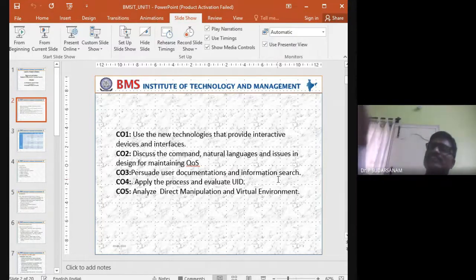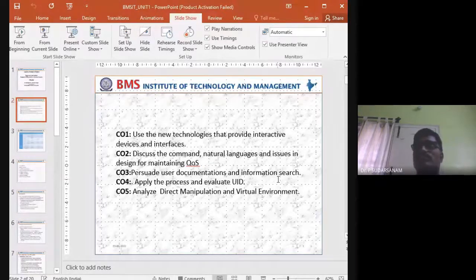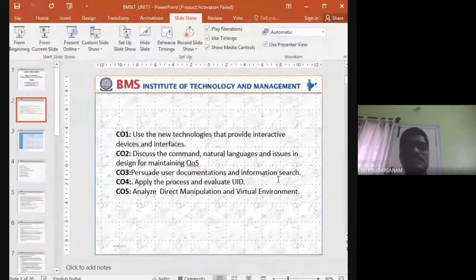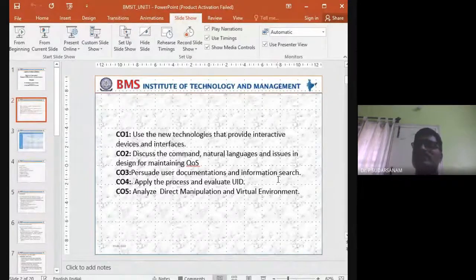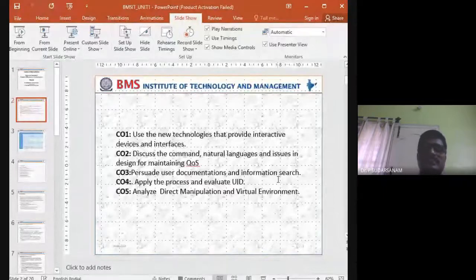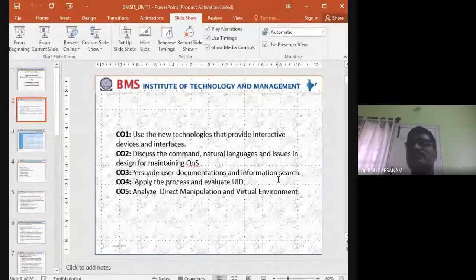So many advertisements will be coming up on the side or up or down or whatever it may be when you are searching. Sometimes, even though we are not interested in buying, by seeing that, maybe they give offers, or maybe the rate is tempting us, or maybe the color is tempting us, or maybe the item is tempting us to buy it. So they will make us buy the items in such a way that they prepare the documentation and information search.